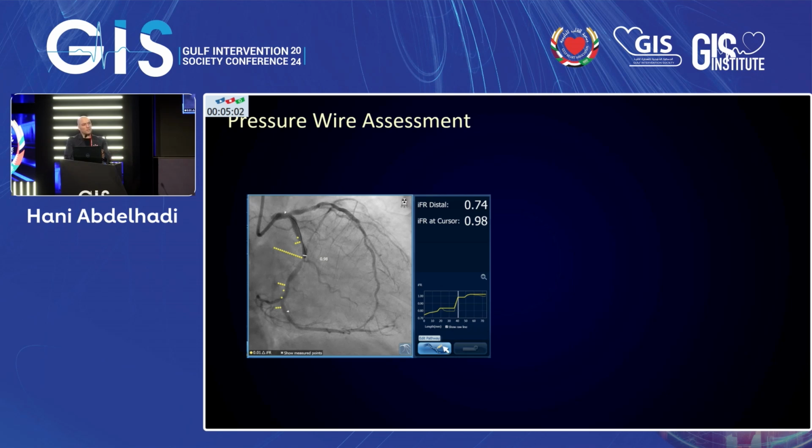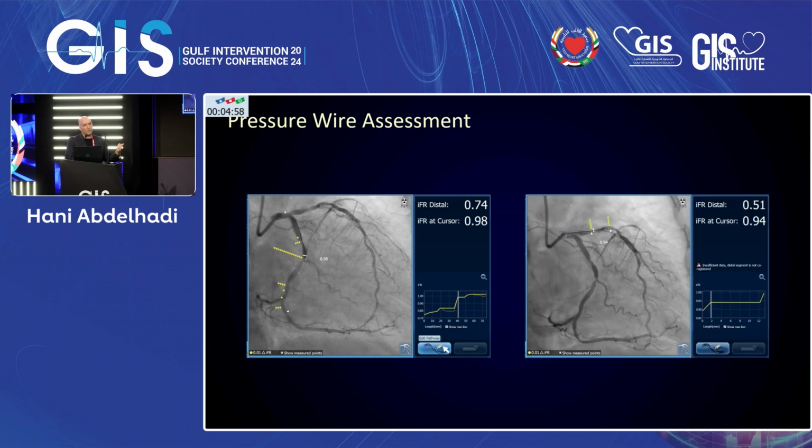But you'd be interested to see that there's very little ischemia in the very proximal circumflex or in the left main stem. We do the same for the LAD, and the LAD is extremely ischemic. The iFR is 0.5, and again, the majority of that ischemia is in that mid-vessel. It doesn't include the very proximal LAD or the ostial LAD or the left main stem. So based on this, you can say, well, the strategy is just to treat focally these two segments of ischemia, and we should be okay.